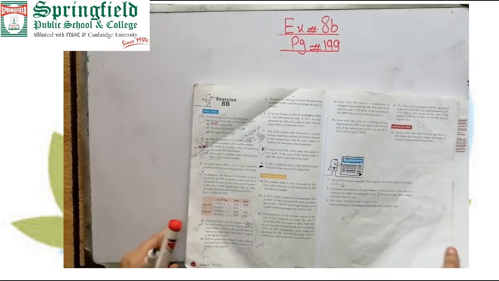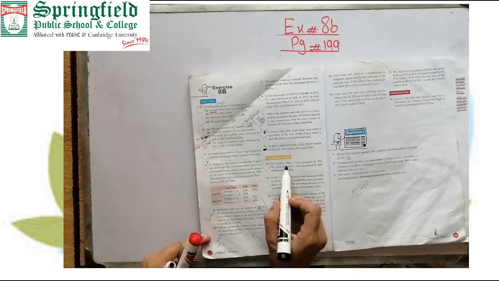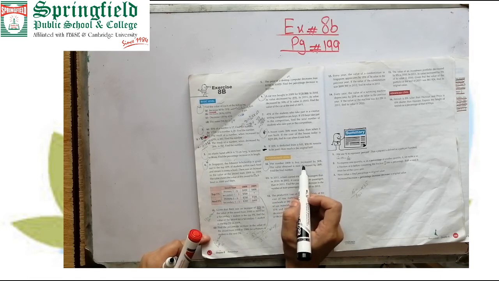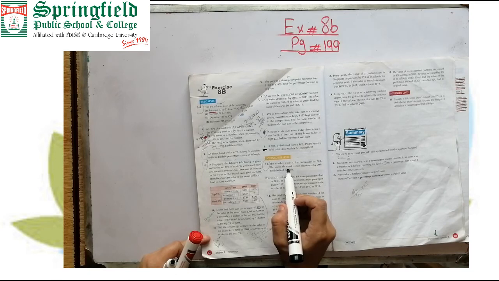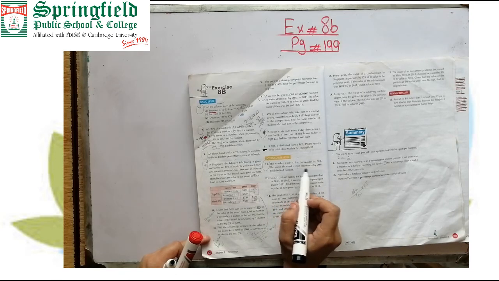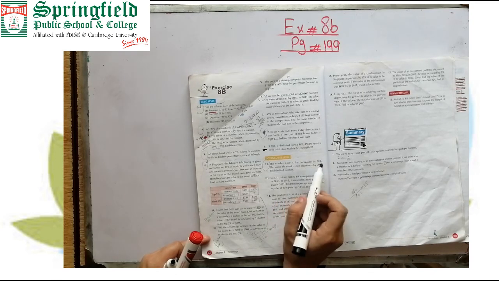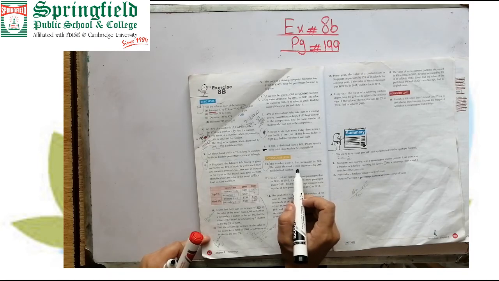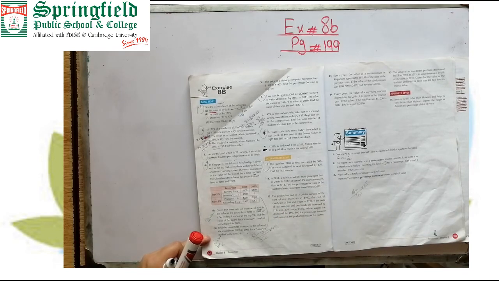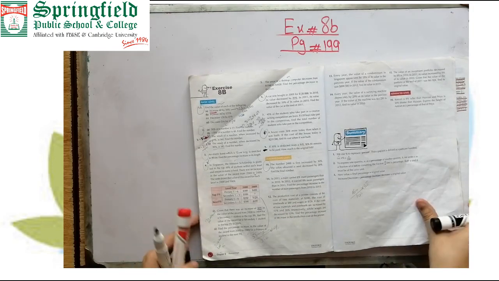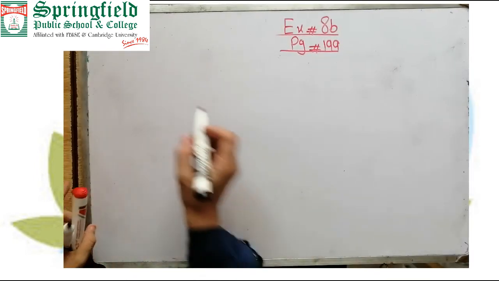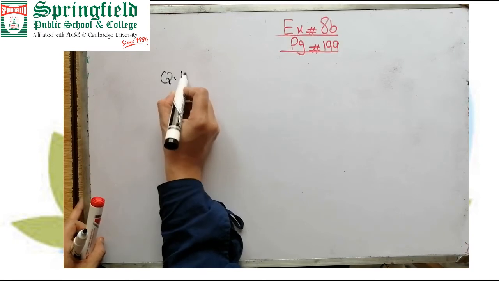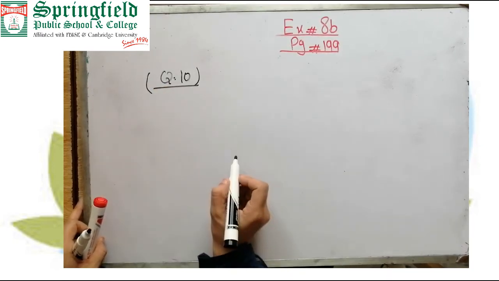Now come to the last question. The number 2400 is first increased by 30%, and then the value is next decreased by 20%. First this number is increased by 30% and then the final solution is decreased by 20%. Find the final number. What will be the final answer? So easy. Question number 10. And this is your last question of this assignment.